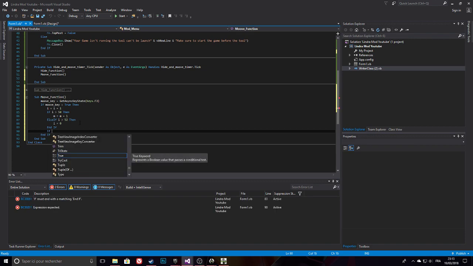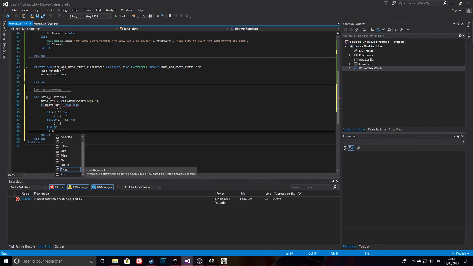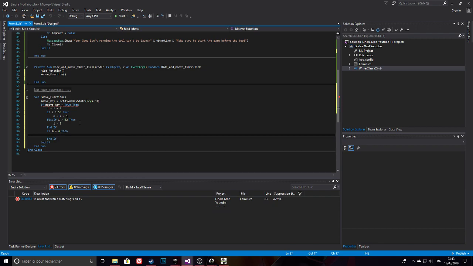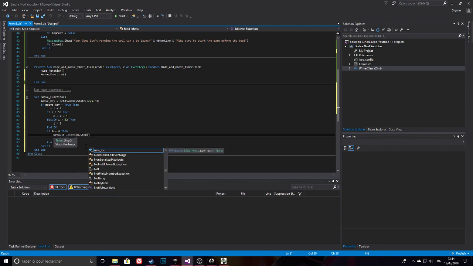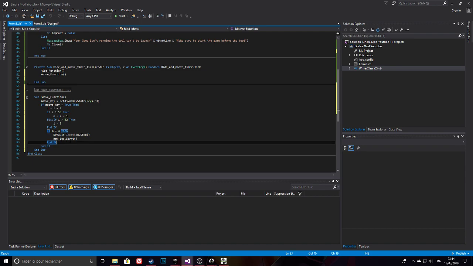If m is equal to 4, then default timer, default location dot start, and new location, new location will start, and the default location will stop, like this. And we are going to make another one,